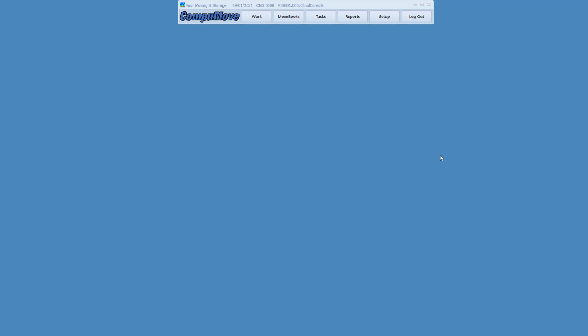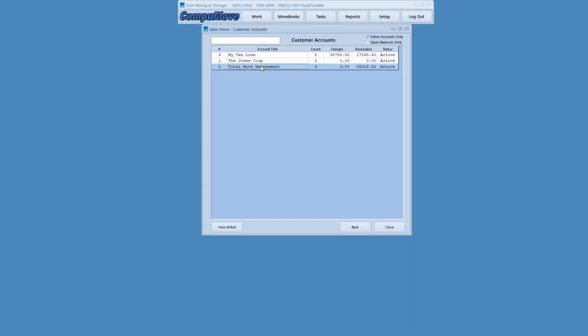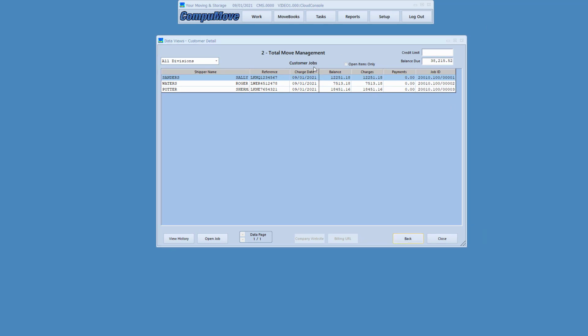So next let's do a very similar thing, except we're going to use a customer account to apply one payment to multiple jobs. So if I go to Move Books and I go to Customers and I go to Total Move Management, you can see I've got 3 records with outstanding receivable balances, all charged to TMM. If you're not familiar with the Military Moving Universe, TMM is a carrier that is in common use. A lot of people are going to have jobs for them. So what we're interested in doing is getting a payment from TMM and having it be applied to all of